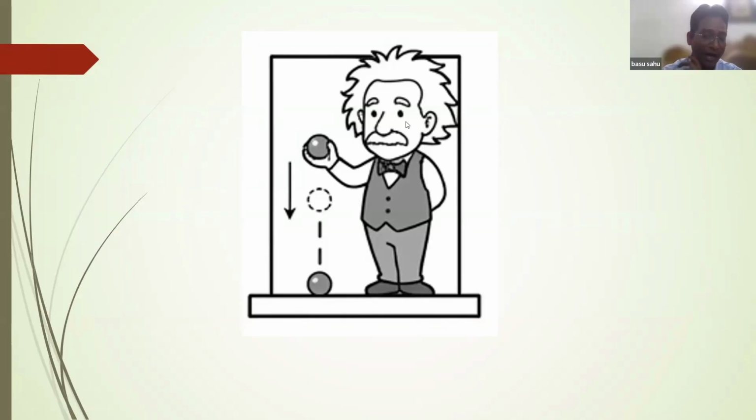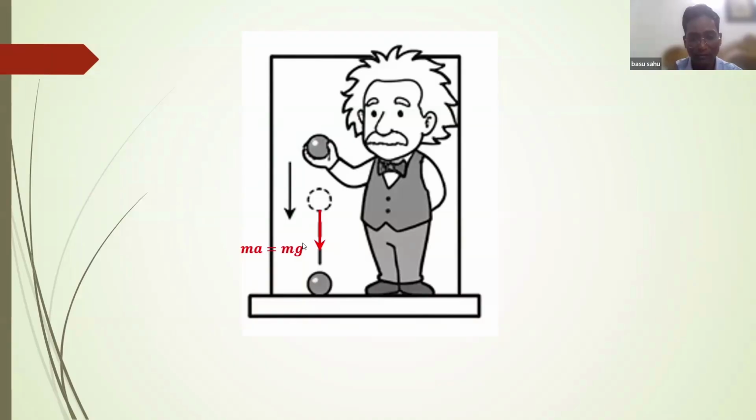Once I understood my frame of reference is non-inertial and I want to analyze the motion of any particles, then I have to apply a pseudo force. The same concept we will apply here. I will apply a pseudo force, and that is equal to ma in opposite direction of the acceleration. And the acceleration of this frame of reference is in this direction with respect to inertial frame. That's why I am applying pseudo force in this direction. Ma is equal to mg.